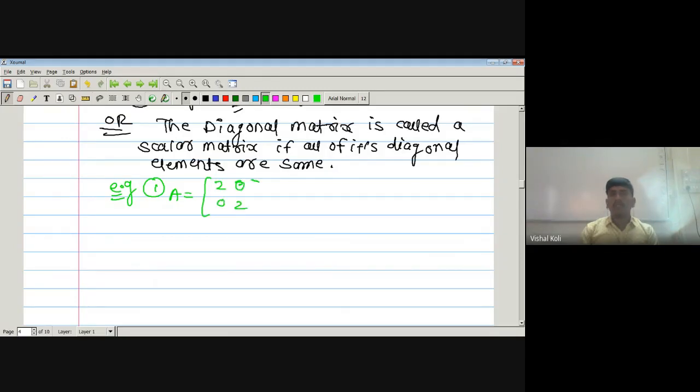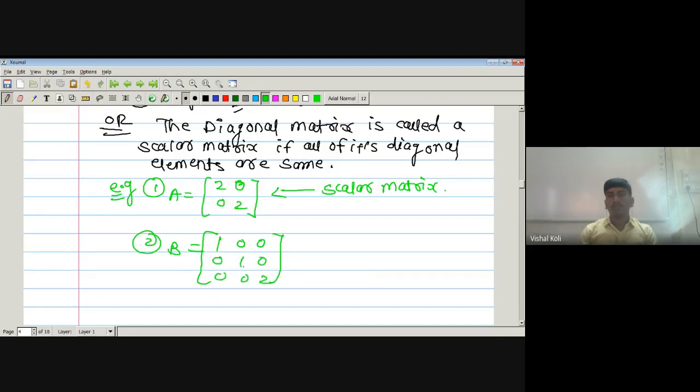first we have to check the diagonal matrix conditions, since aij is equal to 0 for all i not equal to j, and aij is equal to c for all i equal to j. As here aij is equal to 0 for all i not equal to j, and the diagonal elements are 2, 2, this is a scalar matrix. Next example is B, with rows 1 0 0, 0 1 0, 0 0 2,